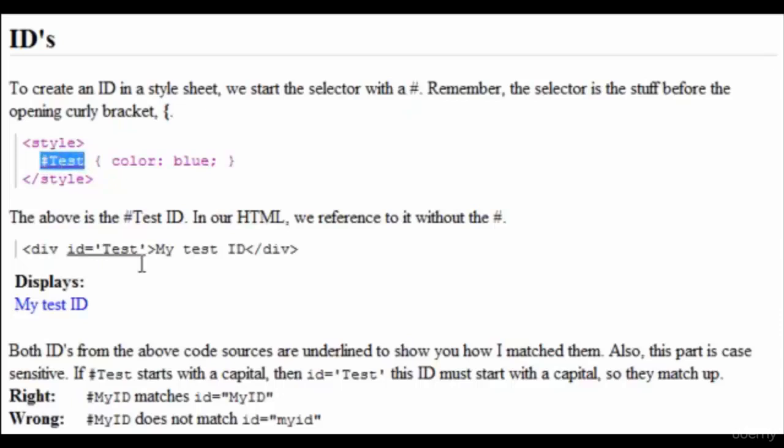To access the CSS from your HTML, you'd use, for example, a div element. It could be any element. You type ID, and your ID value is test. Just like our ID up here is test, this one is test. But in HTML, we always leave out the number sign. So in our test ID, we changed the font color to blue. We gave the div ID the same name.